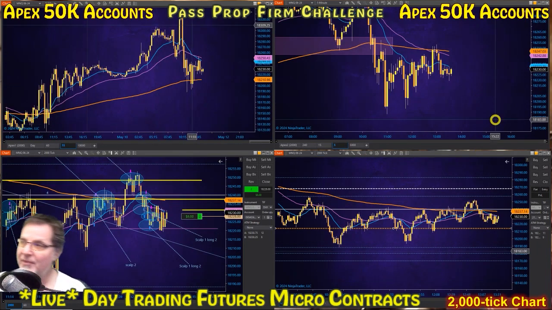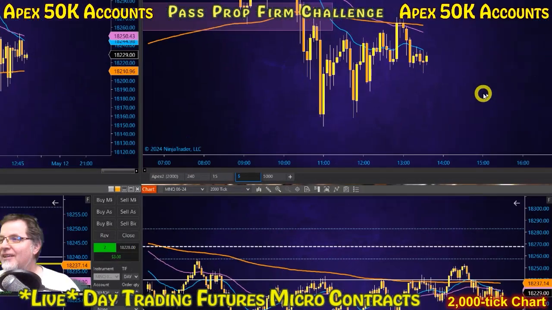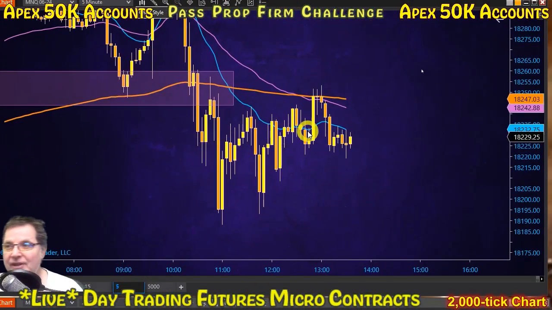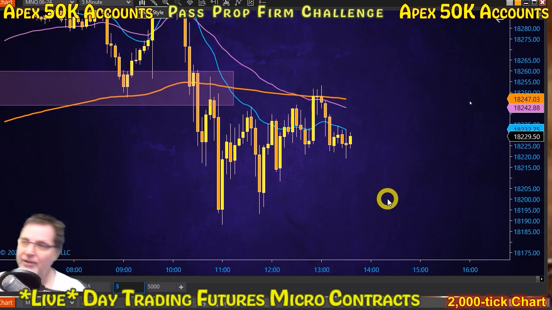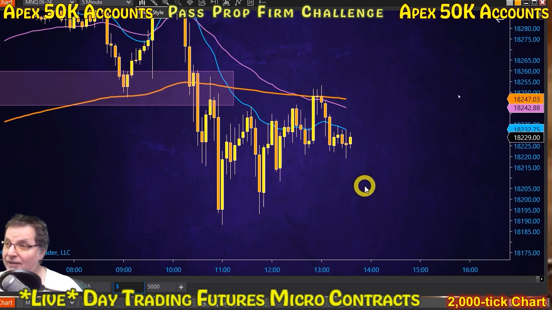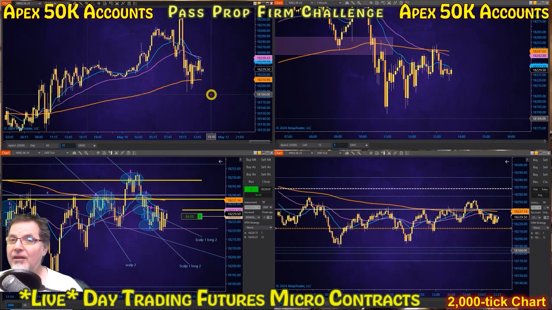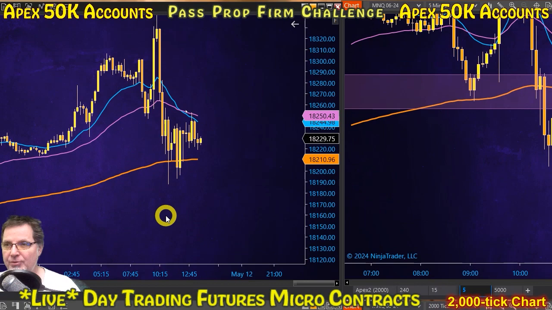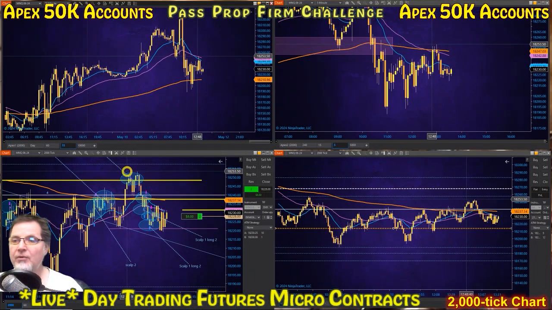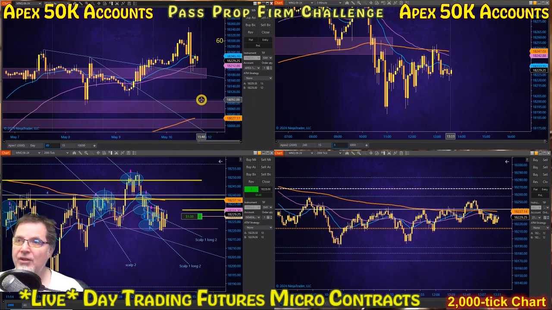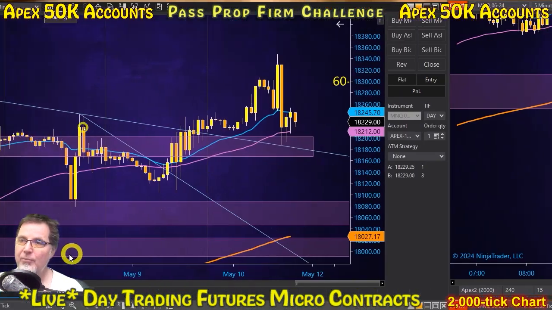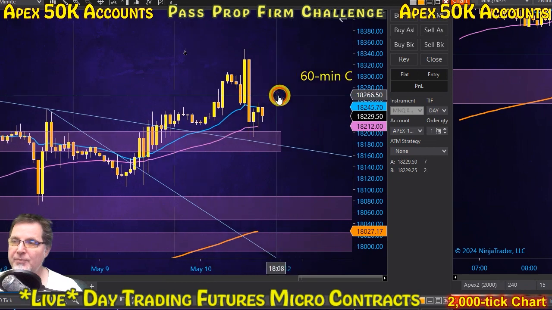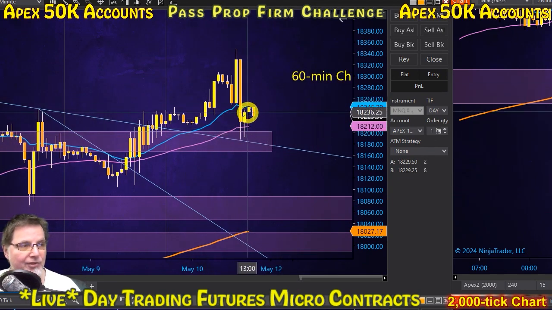I'm looking at the 5-minute chart over here in the top right, consolidating under all the moving averages, looking like it wants to drop off. So I should just get out of it right now. I really should. The 15-minute chart underneath the crisscrossed moving averages, looking like it wants to consolidate and push down lower. I'm long right now, 2 micros. And on the 60-minute chart, basically we still have a bullish pattern where it's pulled down to the moving averages, but now it's getting trapped in between these two moving averages.